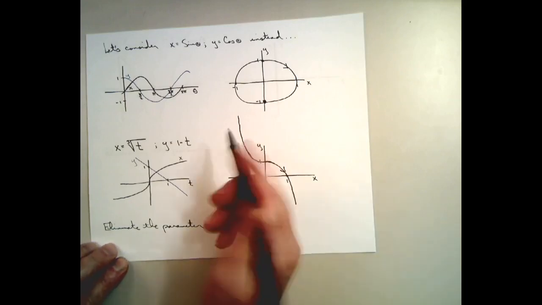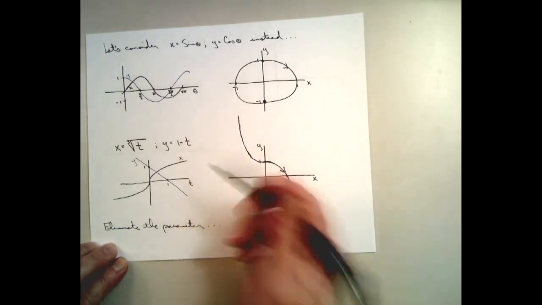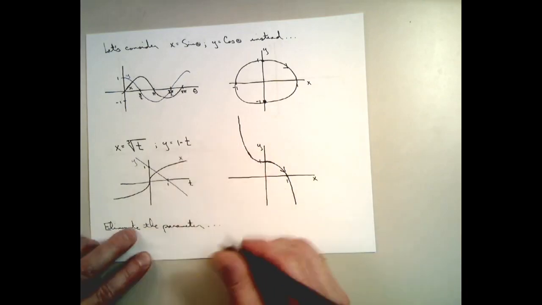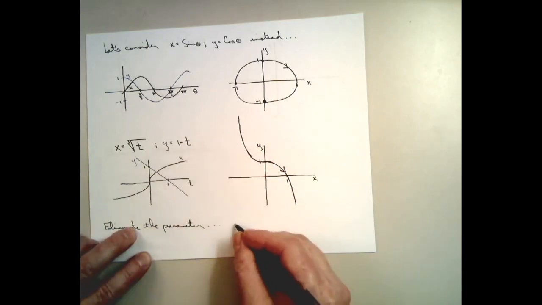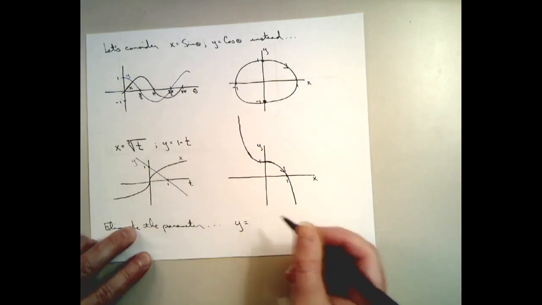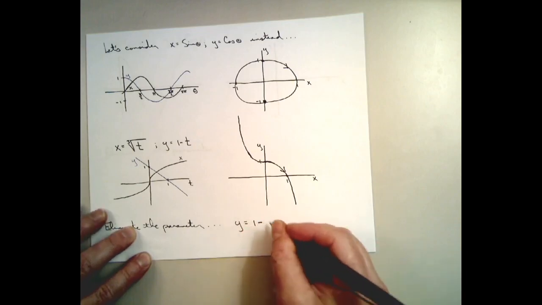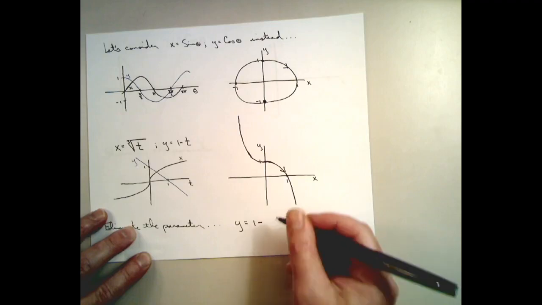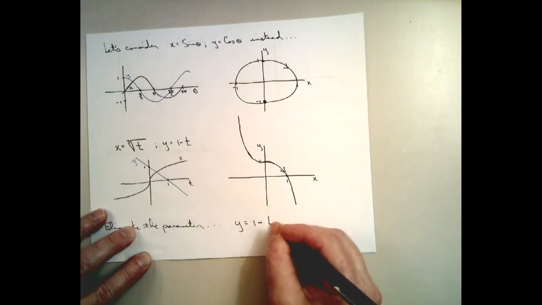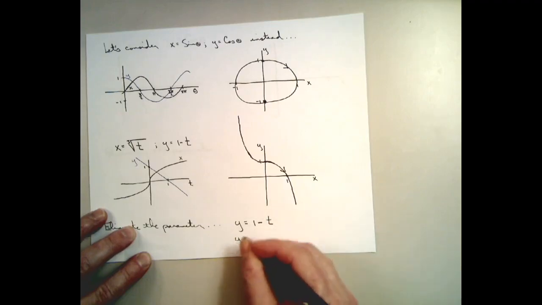And that's relatively easy in this particular case. What we have is that y is equal to 1 minus t, but t,